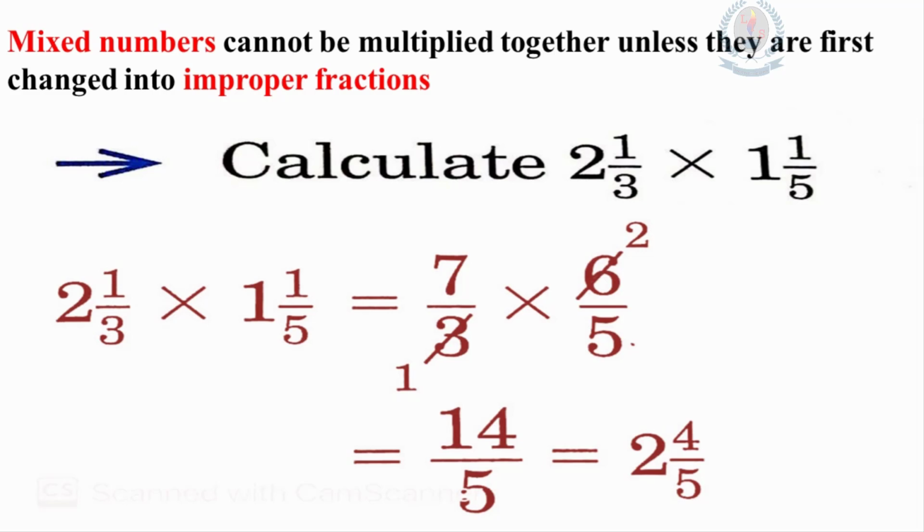Now, in the same manner that we have studied earlier, let's look at the numerators and denominators, whether you can simplify with a common factor. The first fraction's denominator can be simplified by 3, and in the same way the second fraction's numerator can be simplified by 3. So when you have simplified, you get 7, 2, 1 and 5. So when you multiply in a horizontal manner, you get the answer 14 by 5. So this is an improper fraction. When you write this as a mixed fraction, the answer is 2 4 by 5.